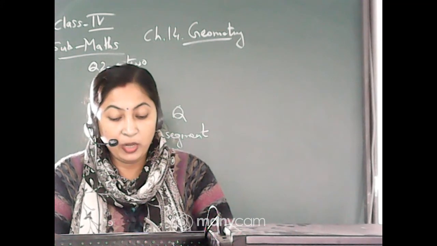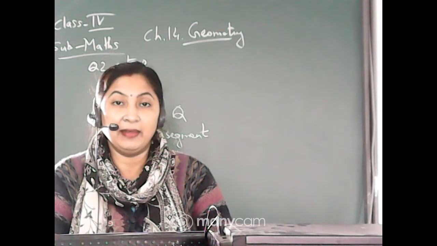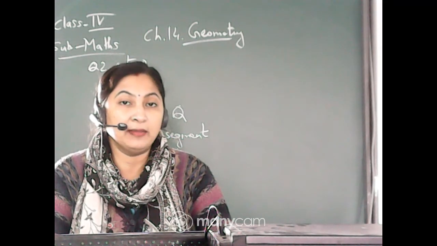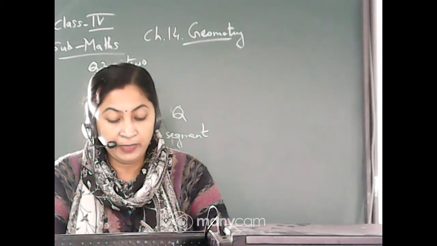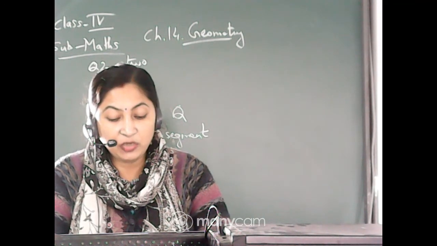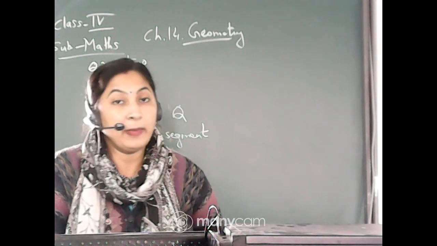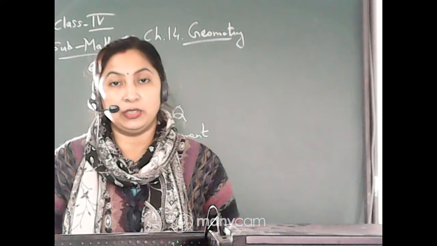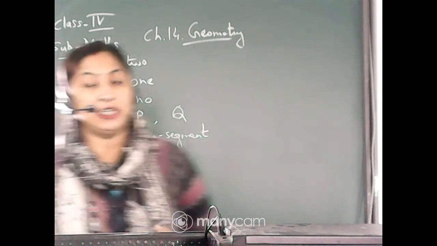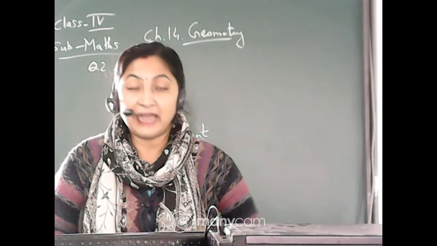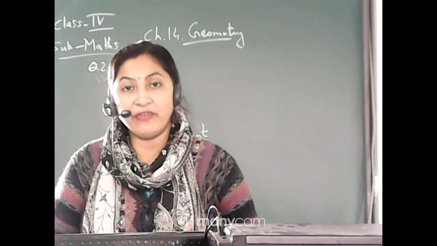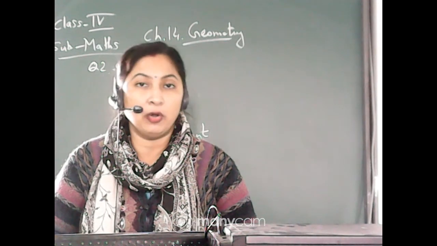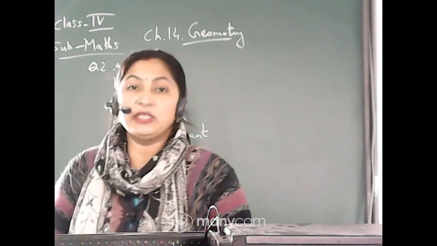Number one, a polygon with three sides is called a triangle. So the closed figure which has three line segments joined to one another is called a triangle. Now number two, a polygon with four sides is called a quadrilateral. Just remember always, the figure which has four line segments and is closed, that means a closed figure which has four line segments joined to one another, is called a quadrilateral. Quadra means four. Okay. Next comes a polygon with five sides, which is called a pentagon.